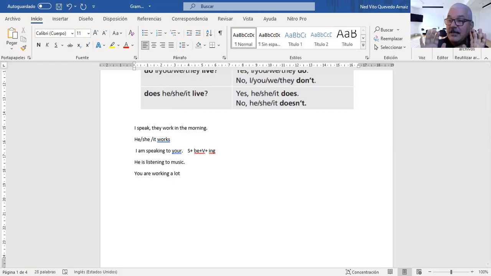Okay. Well, that's it. This is the simple present, and this is the present continuous. And how about the present perfect? It's quite simple. You say it, the form of the verb have that corresponds to the subject